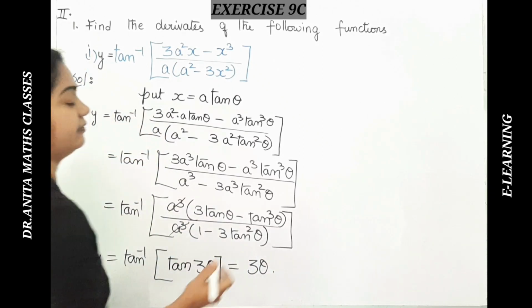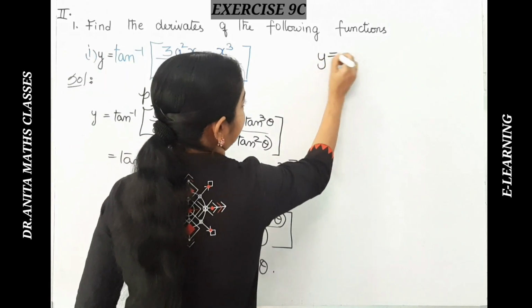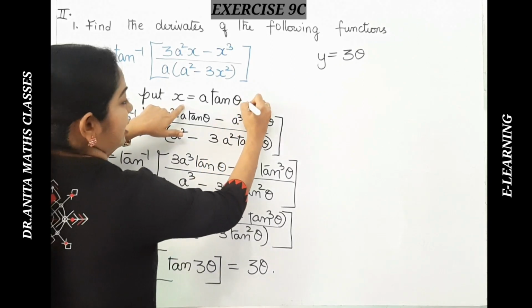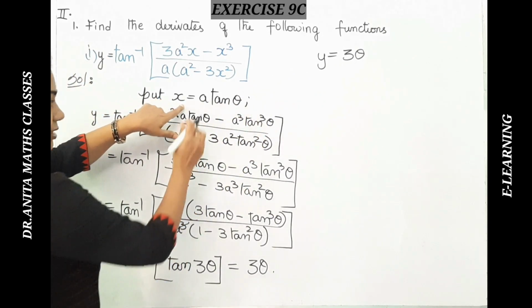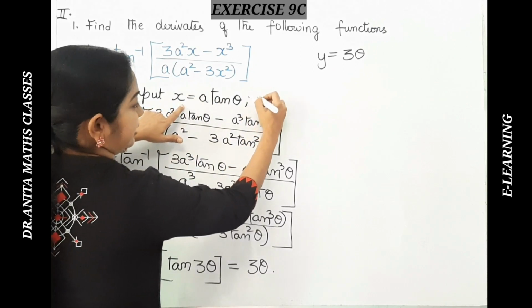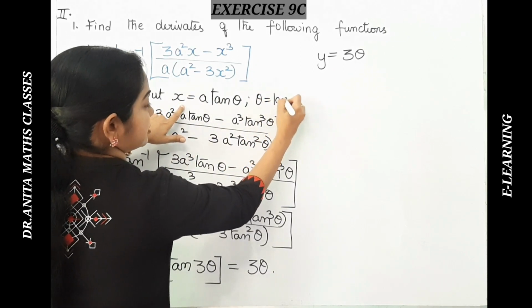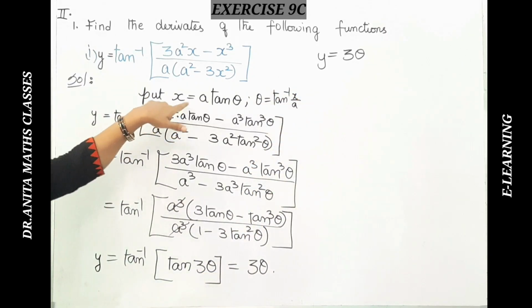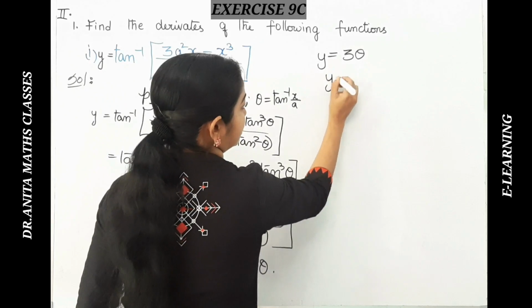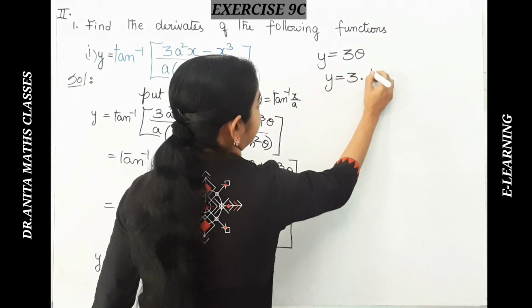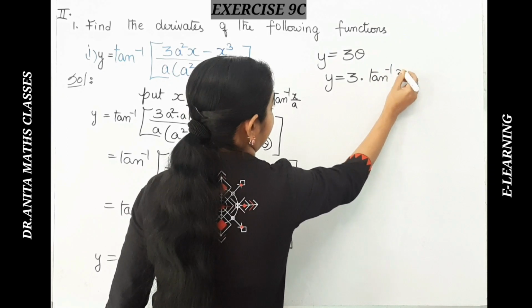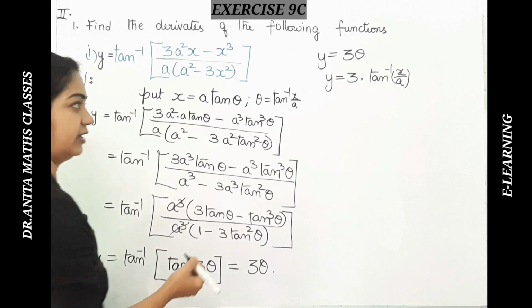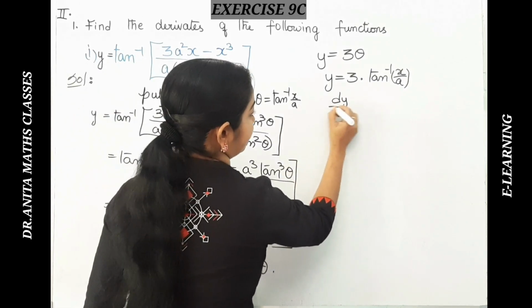But we need to find the differentiation here. So y equals 3 theta. Here, I have taken the x value as a tan theta. If you shift this, this becomes x by a, and theta is equal to tan inverse of x by a. Likewise, here I will substitute y equal to 3 into tan inverse of x upon a. Now we will find the derivative with respect to x. dy by dx